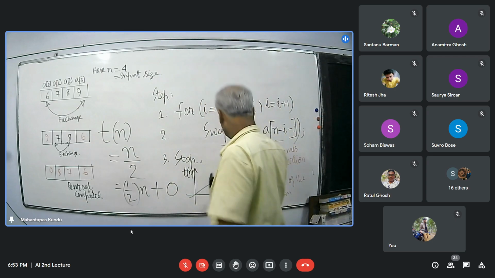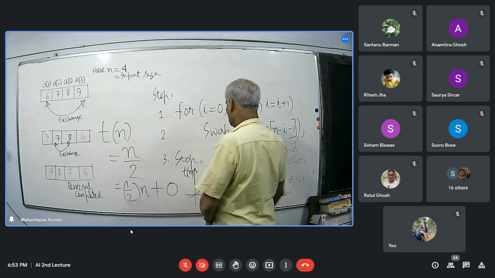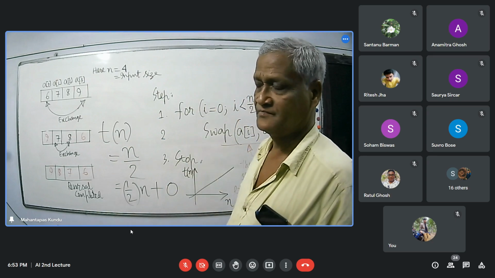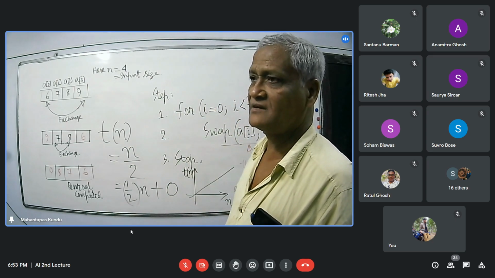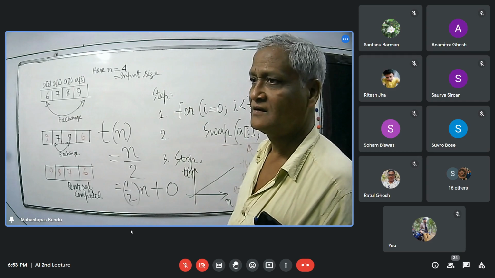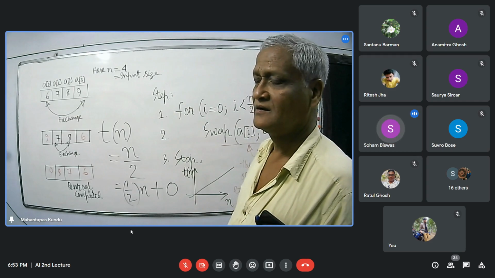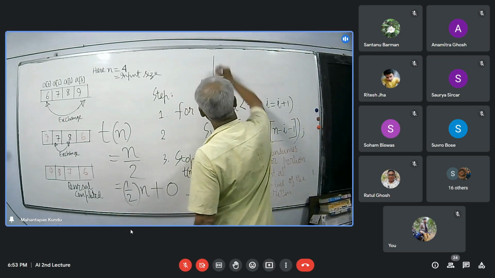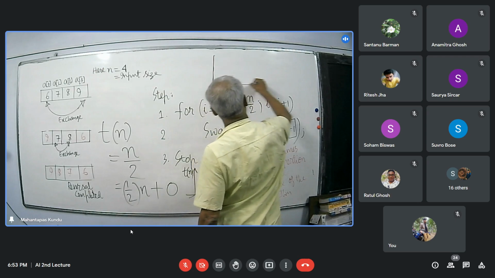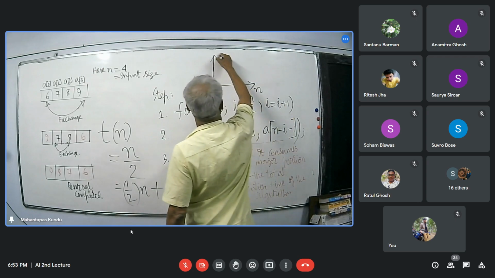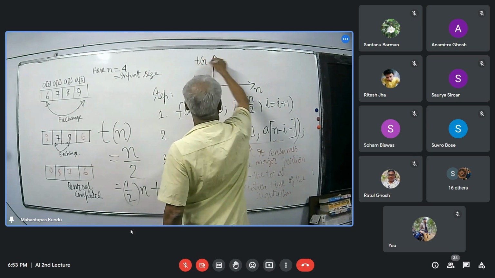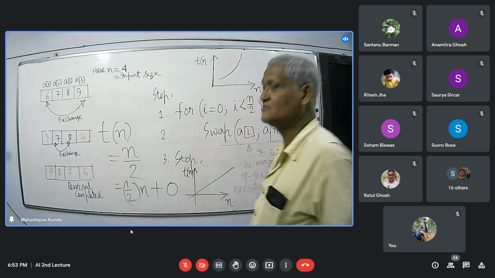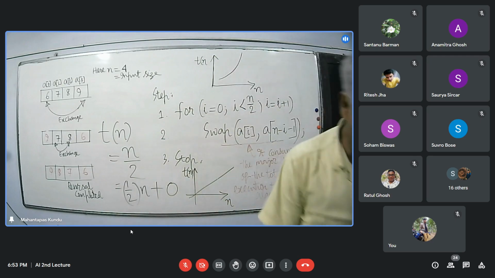That means if you increase the value of n, the value of Tn will increase proportionally. Agreed? Yes, sir. Okay. Now, in case of the previous version of the same algorithm, the function will be like this,